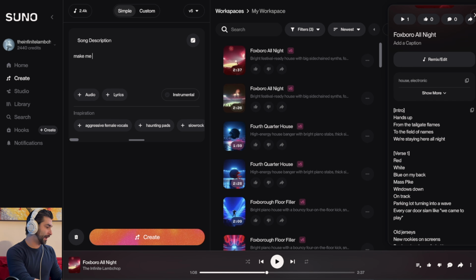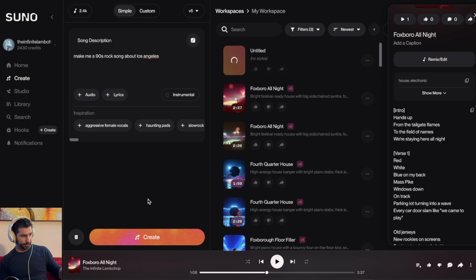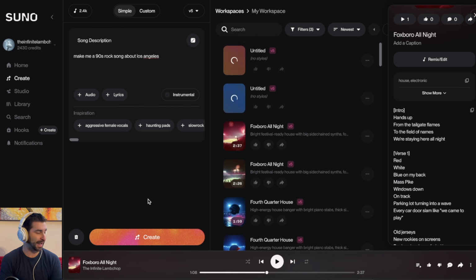Make me, let's do a 90s rock song. So I'm going to be very specific about, let's do Los Angeles. I don't know. So we're going to do this. We're going to load this up, right? And what we're gonna do now is after these two get loaded, we're then gonna go into some of the features. Now, while these two are being made, let me show you the custom features when it comes to